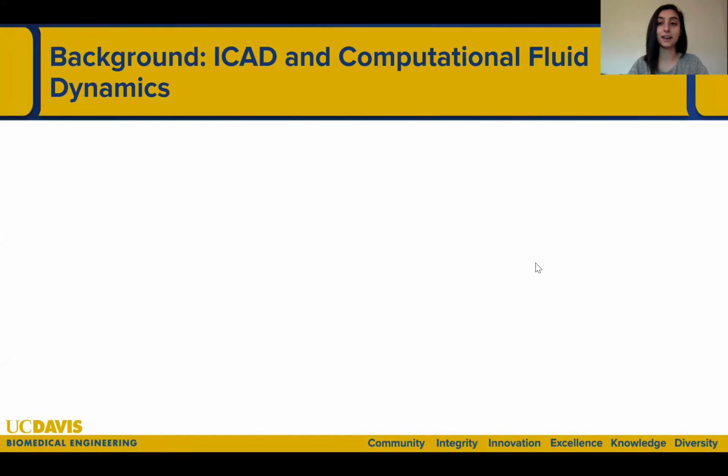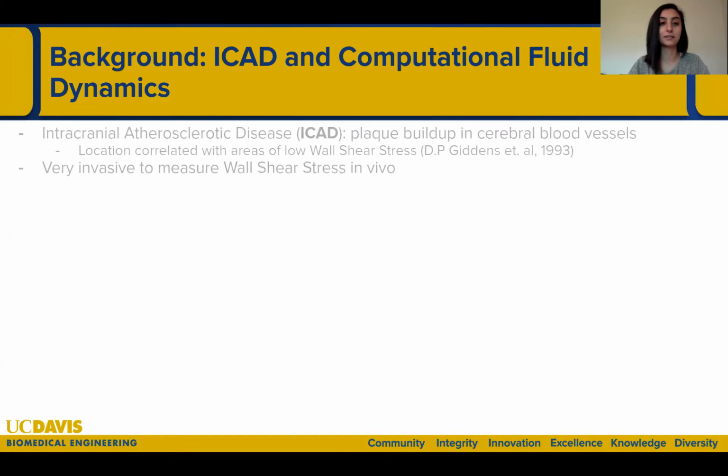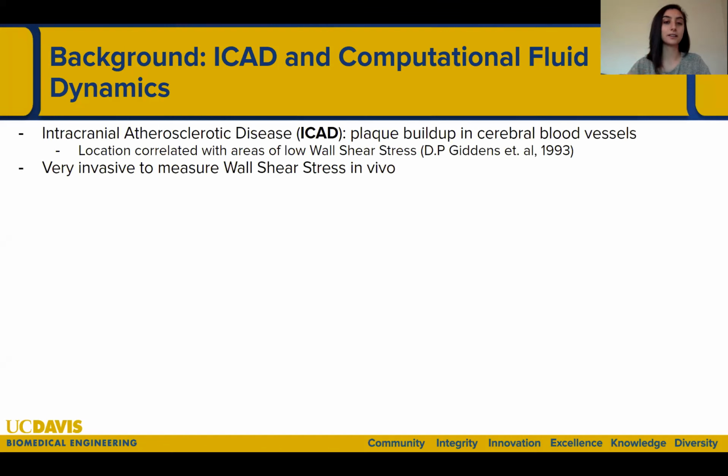So some background on ICAD and computational fluid dynamics. Intracranial atherosclerotic disease, or ICAD, is characterized by plaque buildup in cerebral blood vessels. And these stenoses are located at areas with low wall shear stress, which we can see in areas of vasculature with greater lumen diameter or bifurcations. However, it is very invasive to measure wall shear stress in vivo, and this has halted our ability to diagnose